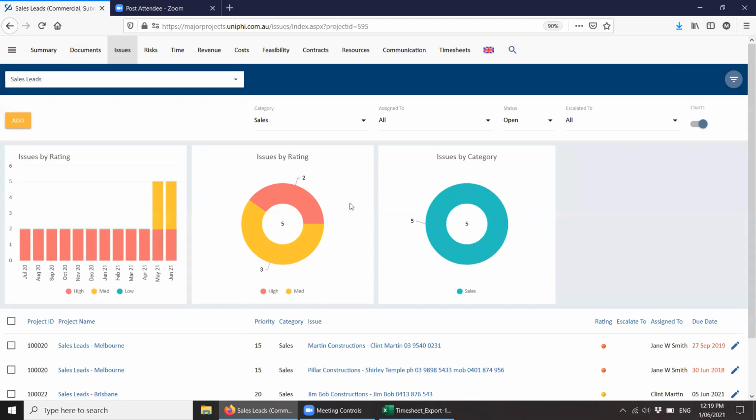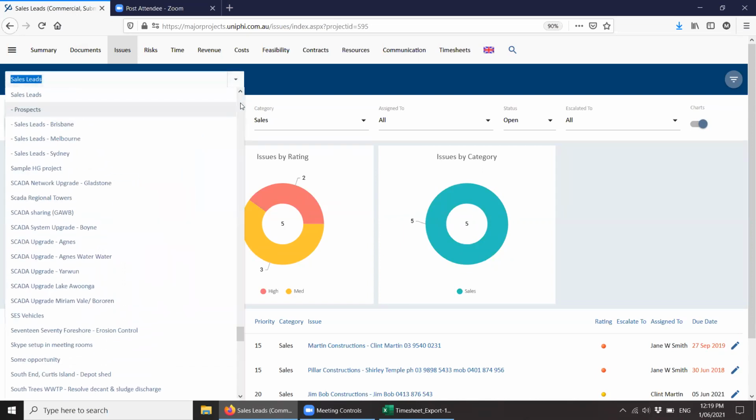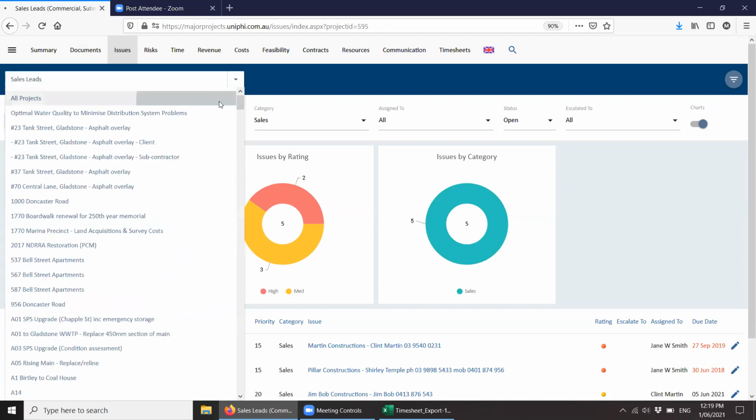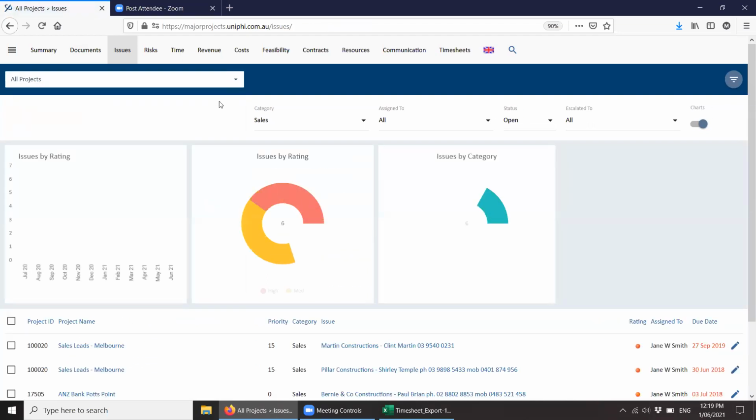Equally, if I go to all projects, for some reason that chart's not there. Sometimes the fourth one's calculating in the background. I'm working on performance tweaks to that as we speak. But one of the more depressing things for us was when we went to all projects for sales leads and got that answer of